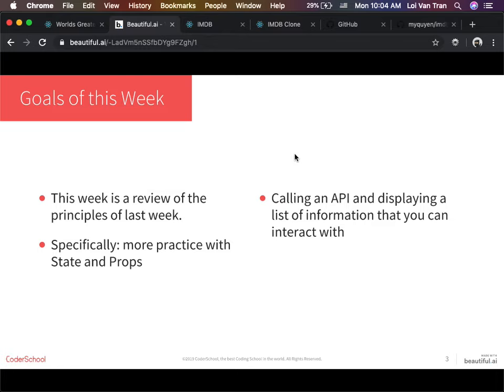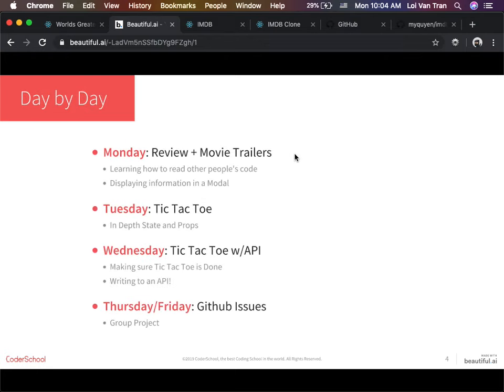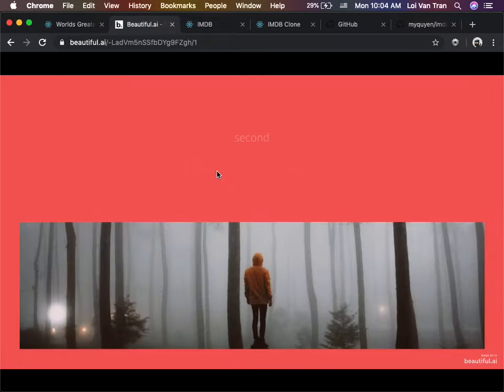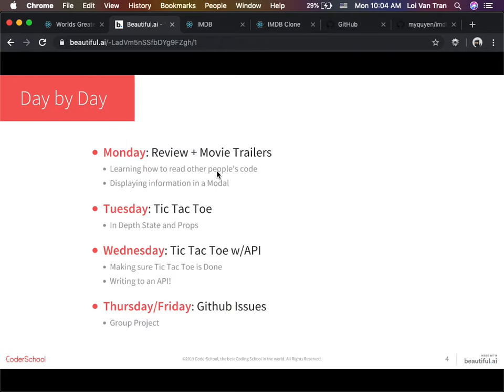Okay, so that's cool. Today we're gonna talk about our movie clone again, our IMDb movie clone. We're gonna add a new feature, and very importantly, we're gonna get a feel of what it feels like to read someone else's code. We got to do that. We're going to do that a lot in our lives, right? So you got to get used to cooking in someone else's kitchen. That's what Charles said, and I tend to agree with him on that one.